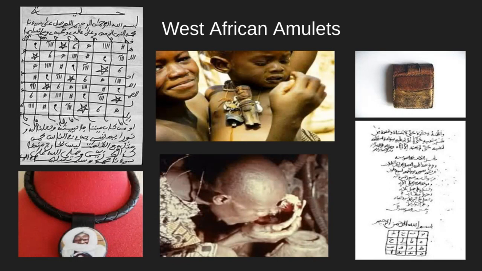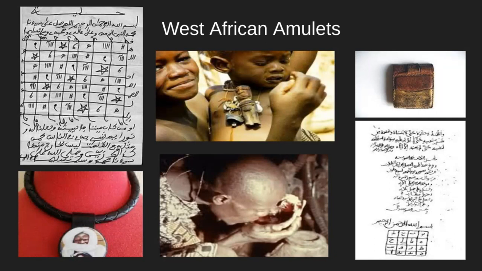Or Augustine, for instance, in his On Christian Doctrine, is going to say a word is a thing that points to another thing. But in the case of West African literacy or amulets, the inscribed word is a thing that points to another thing. It does serve the function of signifying, as does the word in the West, but its meaning is not exhausted by its signifying capacity. Okay, so another way to say that is that it is also meaningful in and of itself, not only for what it signifies, but for what it is.